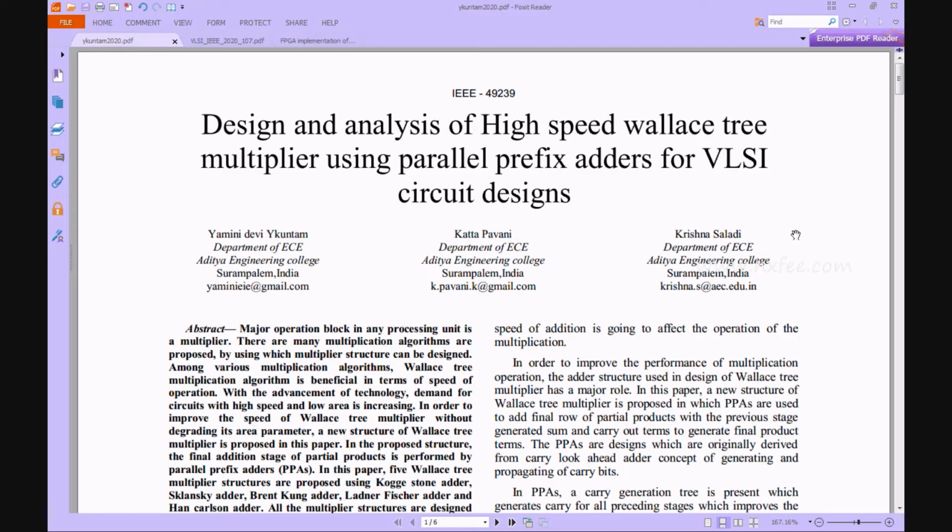Here we discuss our project, design and analysis of a high-speed Vedic multiplier using parallel prefix adder for VLSI circuit design. In digital gadget applications based on arithmetic operations, a multiplier takes a major role to support several multiplication algorithms. By the way, it takes more logic size and power consumption. As per the research of the last few decades, among various multiplication algorithms, Vedic multiplication provides an effective solution in terms of low logic size and more speed of operations.